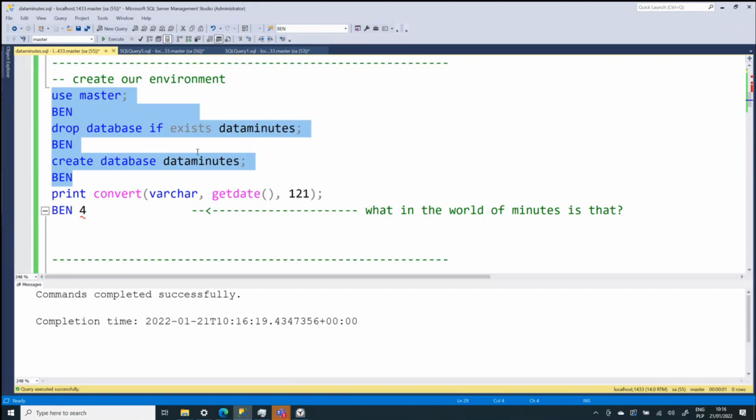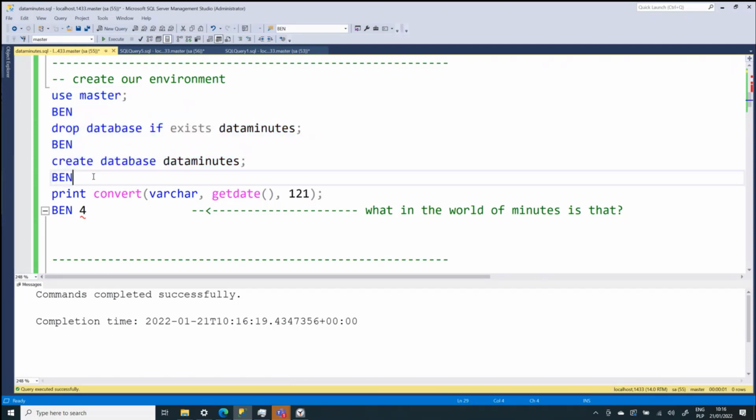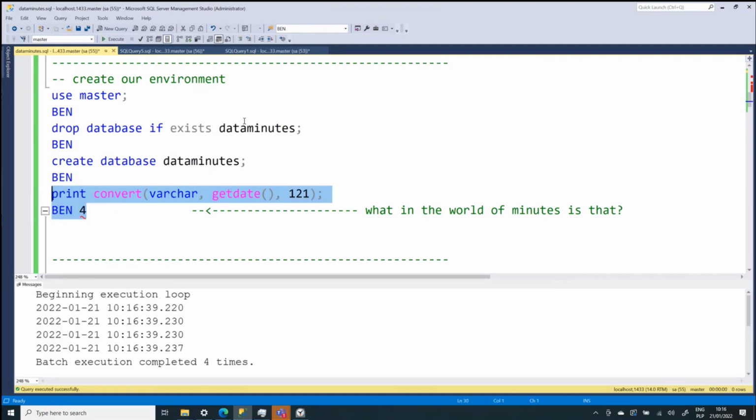So I created the database, and if you spotted that, there's Ben here. And you may ask what Ben is doing here. So Ben is responsible for keeping the time. And I can show you this one. So Ben will let me know if I'm late. So he will give me time. Maybe not every fraction of a second, but he will do that.